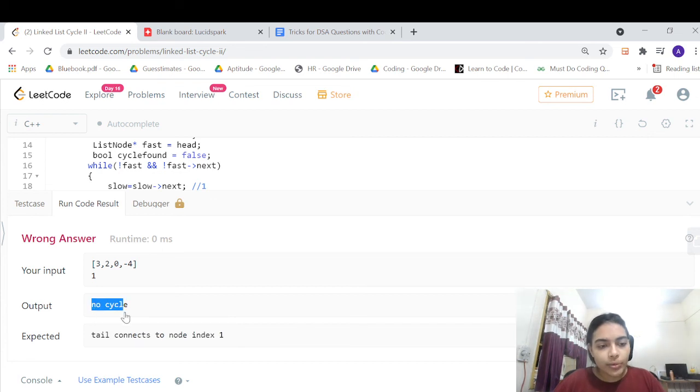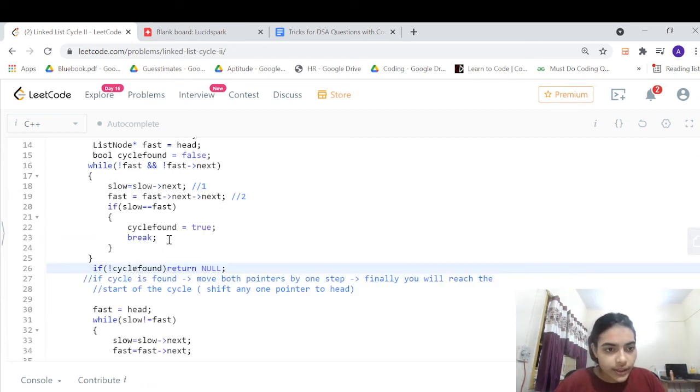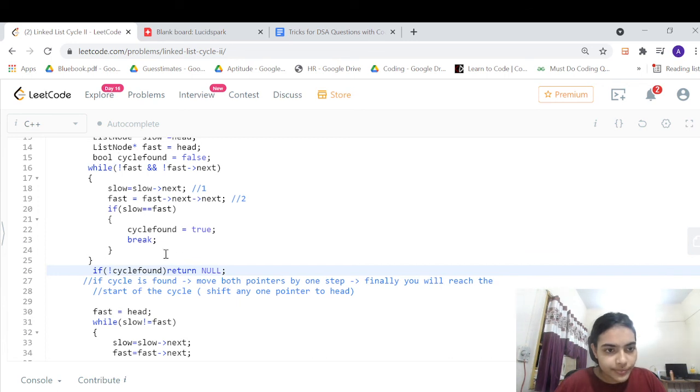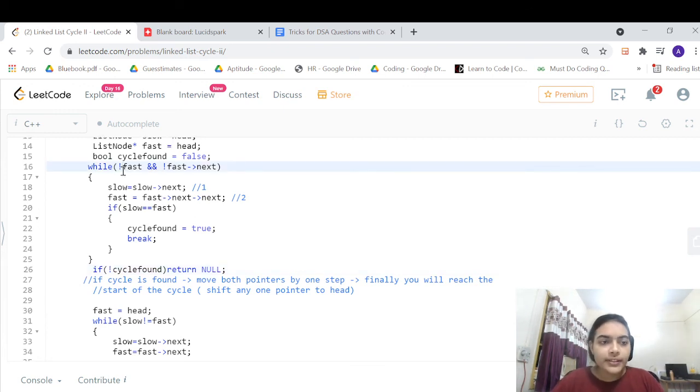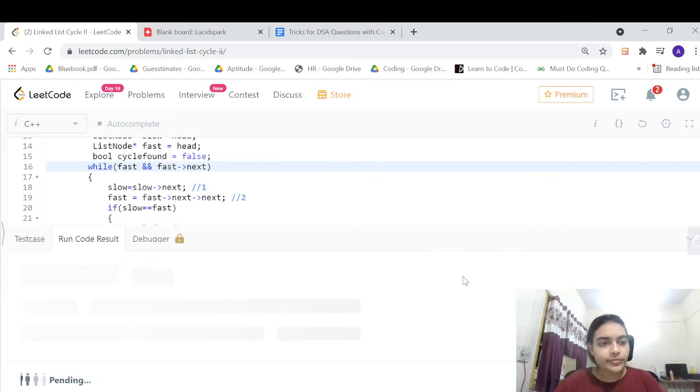This is my output that there is no cycle, but it connects to this. Okay, very good. I have given the not condition, so I should give this particular condition here. Okay, it's fine now. Let me run and see if it's working.